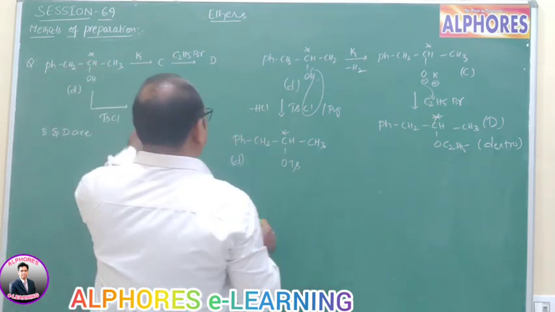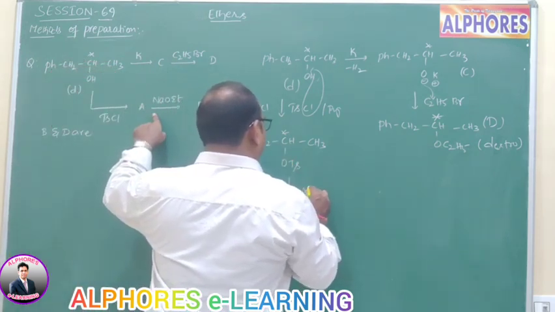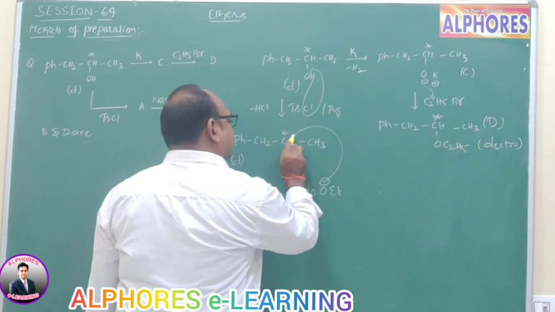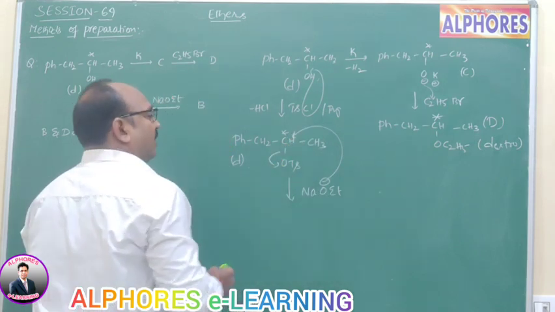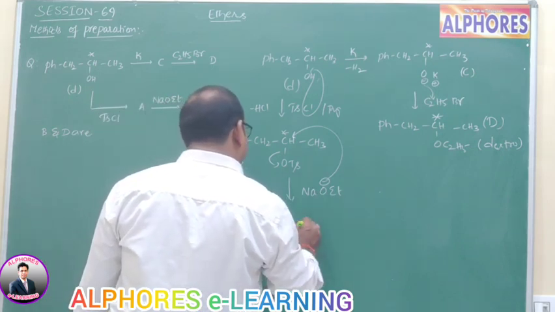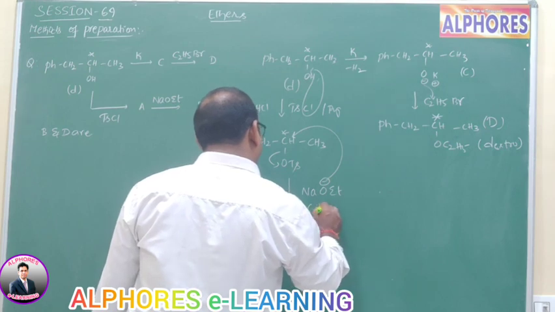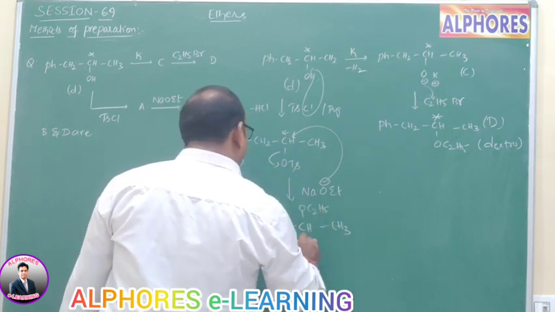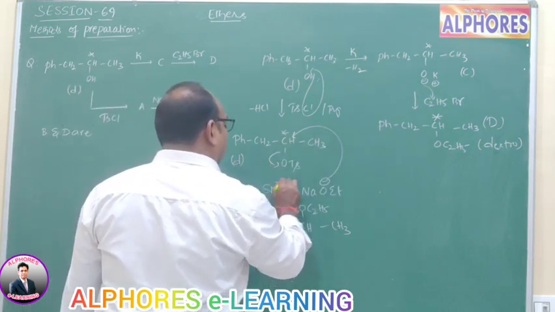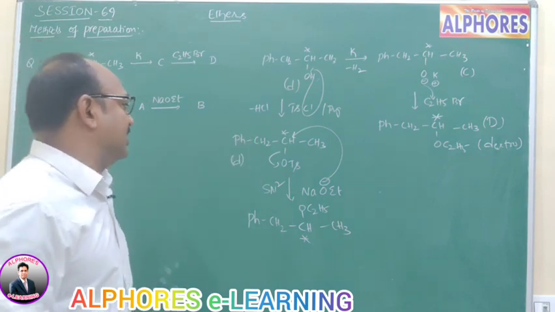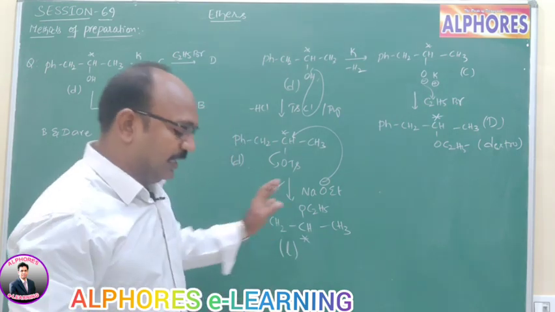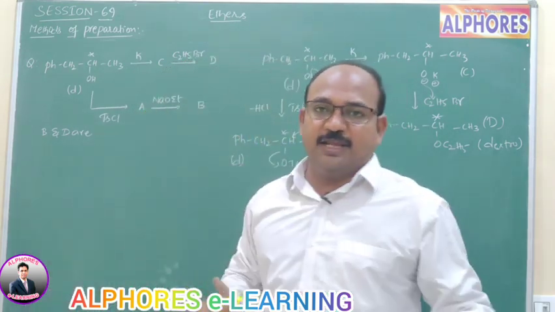Now this one upon reaction with sodium ethoxide, NaOEt. The ethoxide ion approaches from the rear side, and OTs, being a good leaving group, is displaced by OEt. The resultant is Ph-CH2-CH(OC2H5)-CH3. Now this carbon is again chiral, but earlier it was D. Because the mechanism is SN2, we get the product as L. So here the reaction is completed.